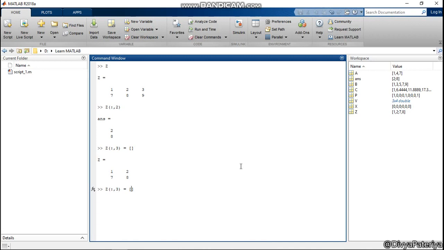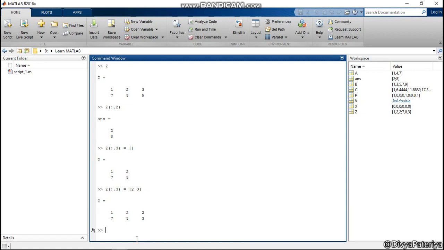Suppose I want 2 and 3. So this is how I added the elements 2 and 3 in the third column. Earlier it was 3 and 9, now it has 2 and 3. I have changed all the rows of the third column of our variable Z: the first row is 2 and the second row is 3.